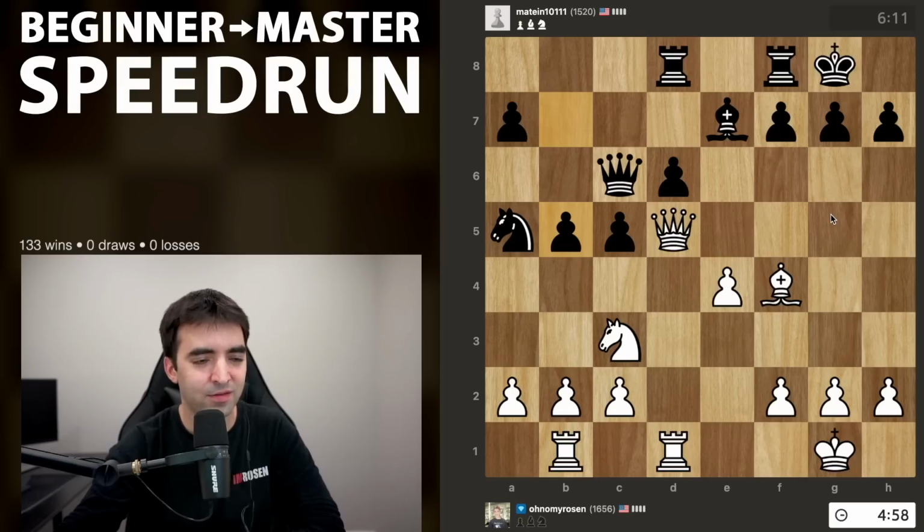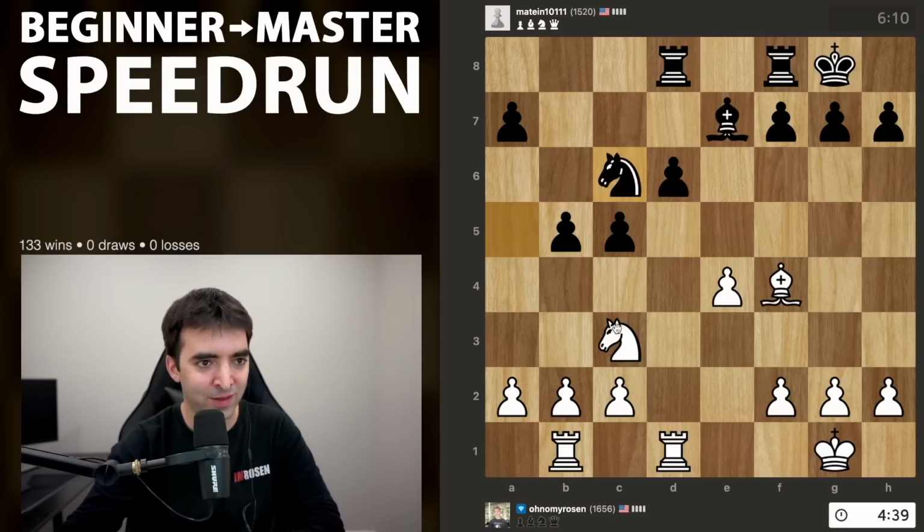Okay, b5. So black is trying to gain space on the queenside. Looks like my opponent maybe overlooked a simple sequence of captures. I can take on c6, removing the defender, and after takes I can win the pawn. That looks very clean. And not only do I win the pawn on b5, but now there's 3 attackers against